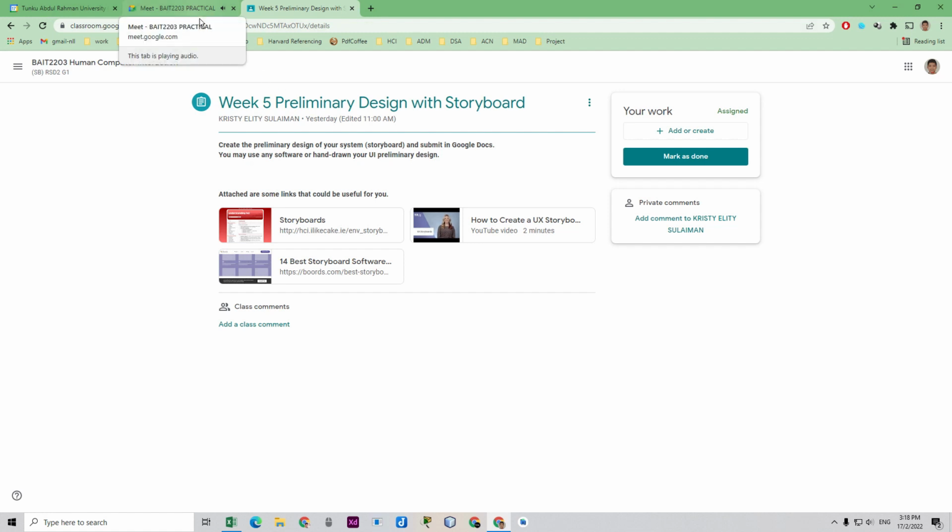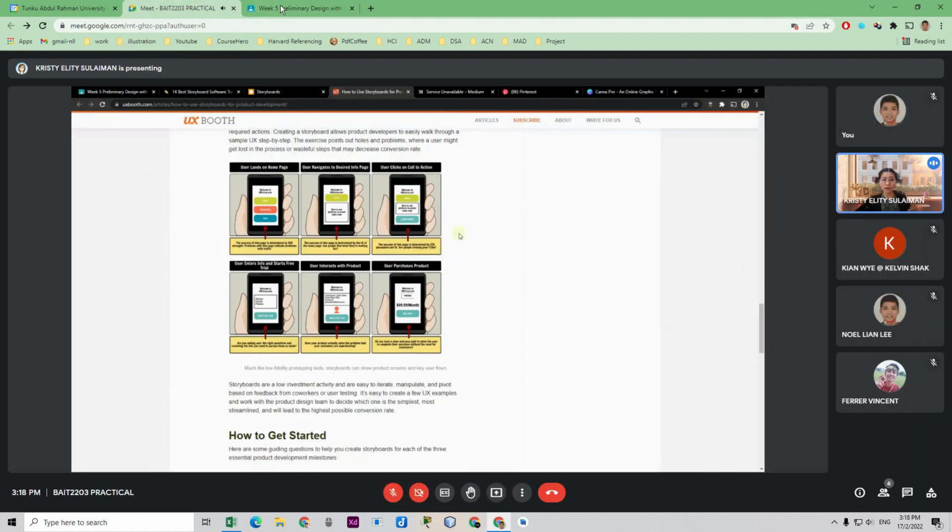Okay, so if you pick a software, make sure the software allows you to download your design. Some software has a paid version and a free version, and sometimes you cannot download the image. But for Canva, you definitely can download. I'm actively using Canva, so you can download your design for Canva, but for the rest of the software